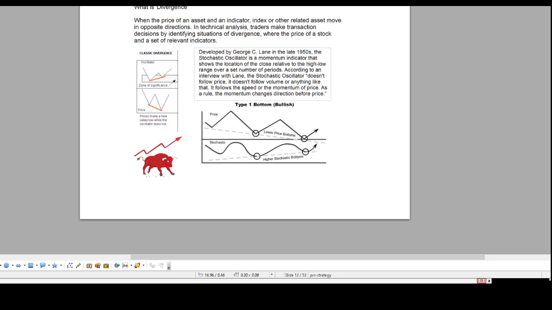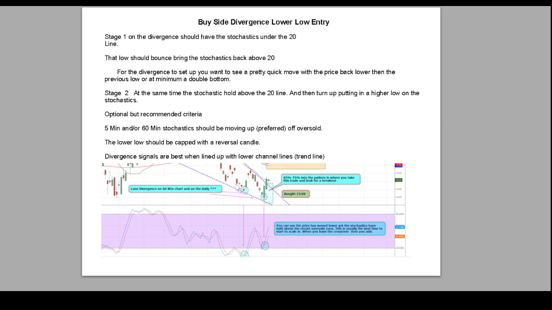And let's go to the videotape right now, Johnny. Just to show you what we're looking for, here is a little example. It's broken down here. Sell divergence. It's called a lower low entry. It's 2 stages. The first stage is the first low, and the second stage is the second low. But the second stage comes with a higher low and stochastic rotation.